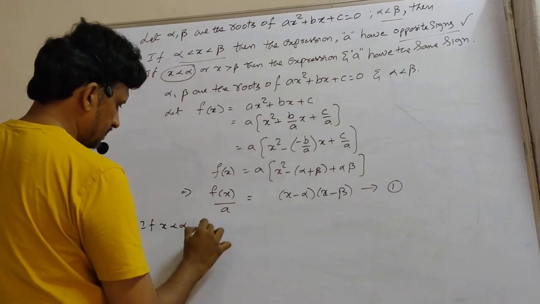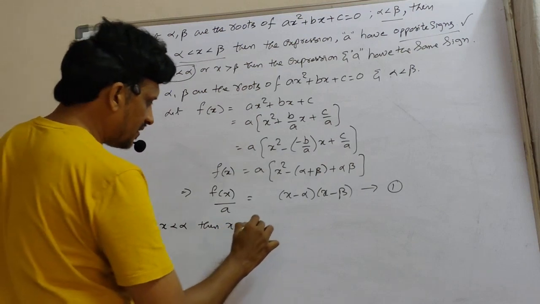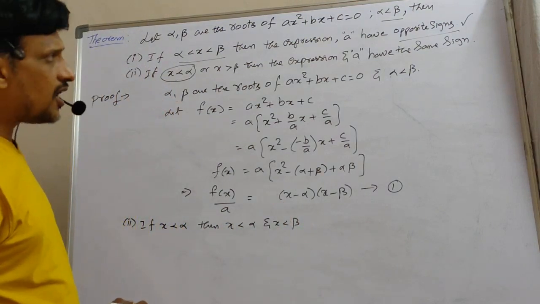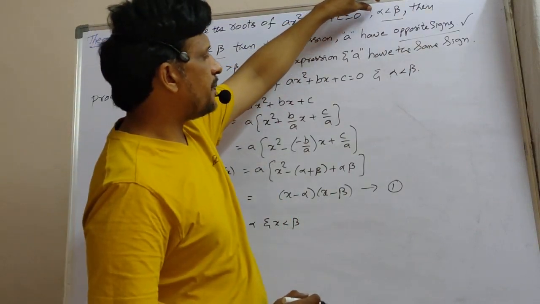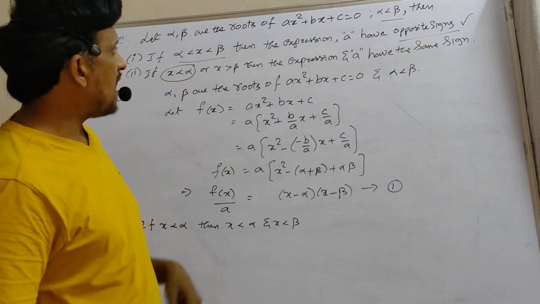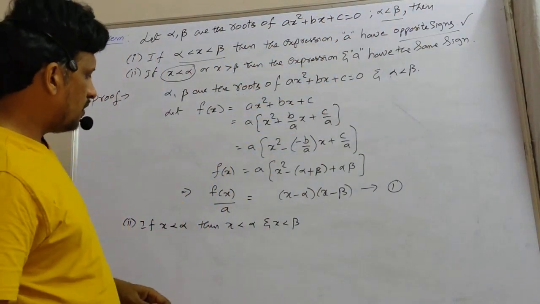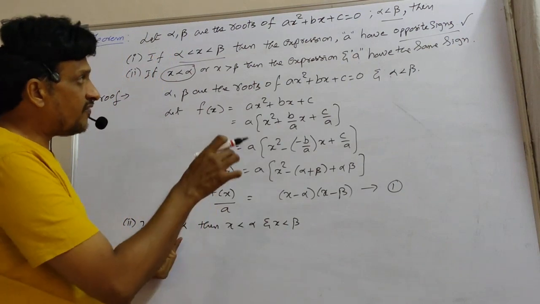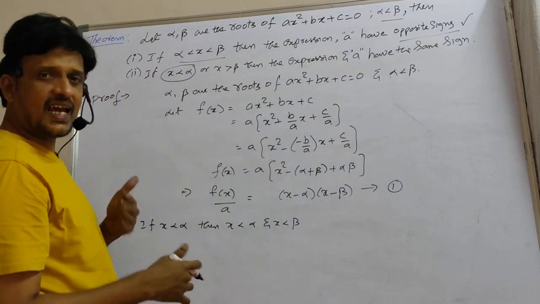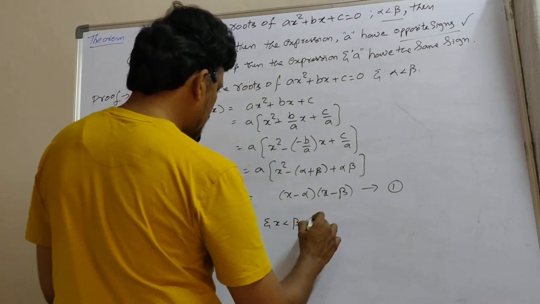Then you can say that x is less than alpha and x is less than beta also, because in the given theorem statement, the relation between alpha and beta is given. Alpha, beta are two roots where alpha is less than beta. So, if you observe the given one, alpha and beta, two roots are there, the least root is alpha. Now this x is less than alpha. So that is less than beta also. So what can you say here?